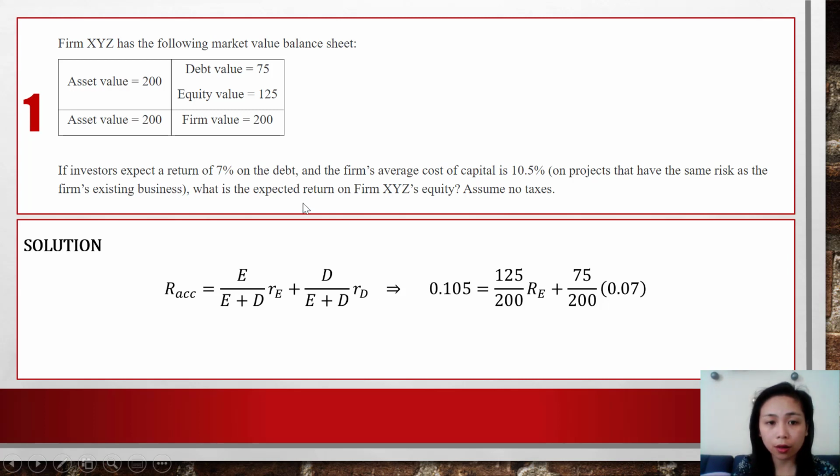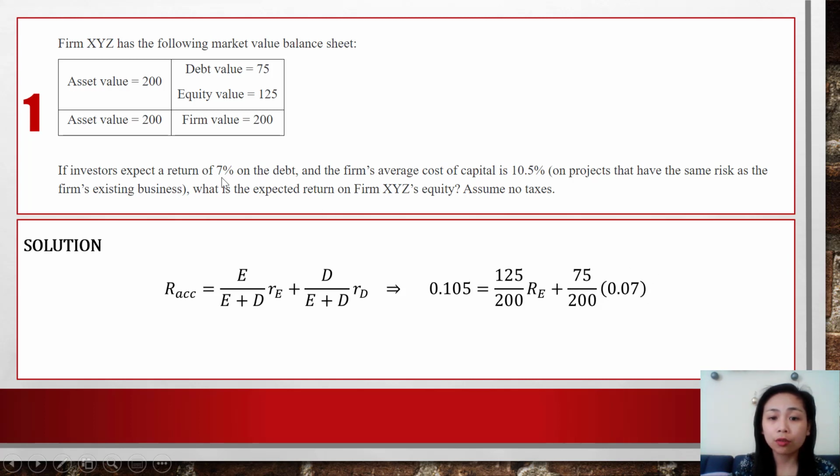Now we are going to substitute 7% into RD, 10.5% into RWACC. The debt value here is 75, so D is 75, and E is the equity value, which is 125. So we got 0.105, which is 10.5% of the average cost of capital, is equal to E over E plus D, so it's 125 over 200, times RE, RE is not given, plus 75 over 200 times 0.07, which is